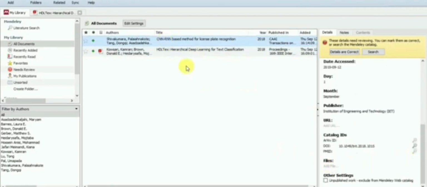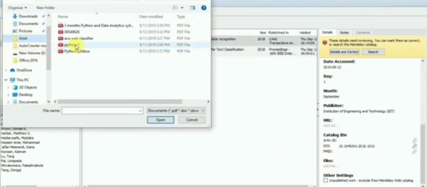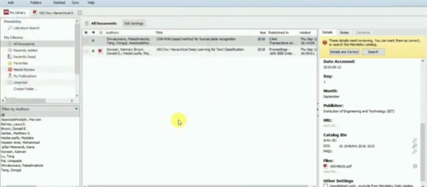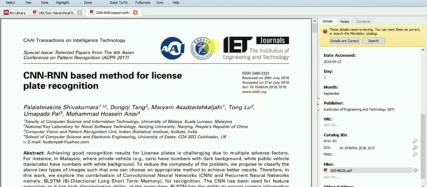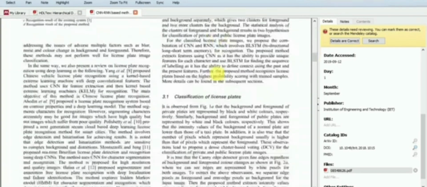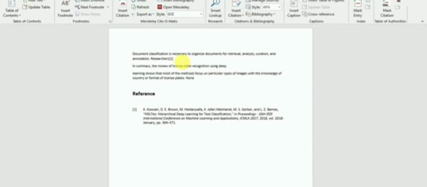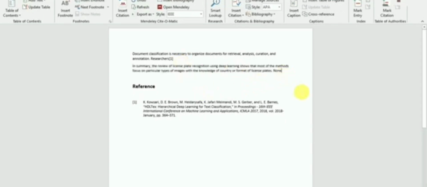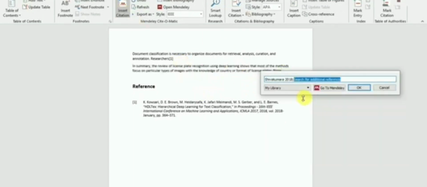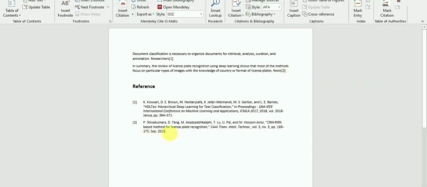Now scroll down to the details, reach the file section, click add files and add the downloaded file. In this way, now we can open this paper in Mendeley itself, and again we can use it for citation in our research papers. Repeating the same process which we have shown in the previous section of this video for adding the second paper to the Mendeley library, I am just fast forwarding it.